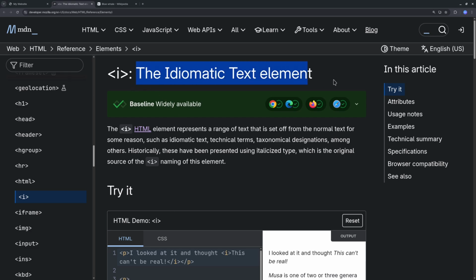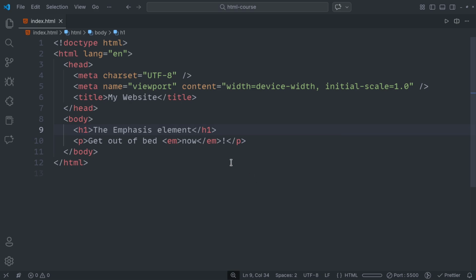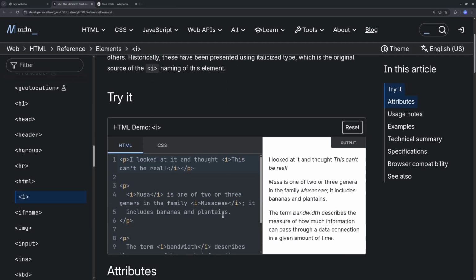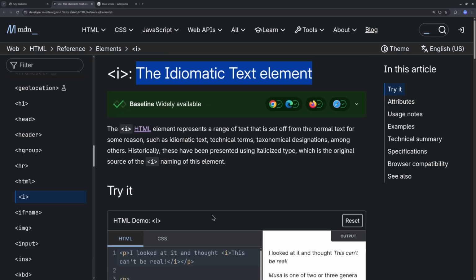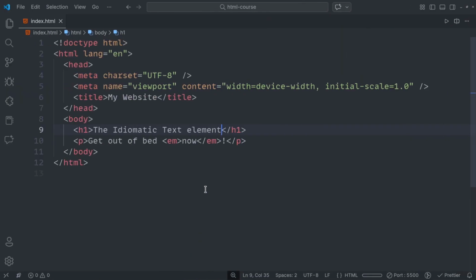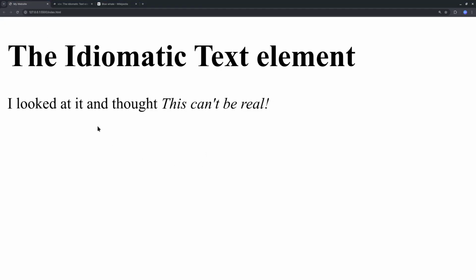So I will just copy this particular heading here and paste it down here. Okay, hit save. And now let's do something like this. Okay, so let's copy this one. Let's go to the code editor and just paste it down here. Okay, all right, I'll just get rid of that and do that. So I looked at it and thought this can't be real. So as you can see inside of the browser, this is now italicized and